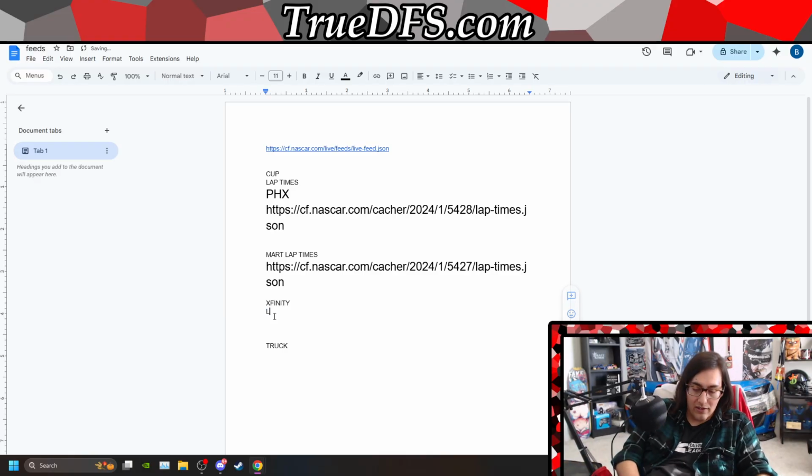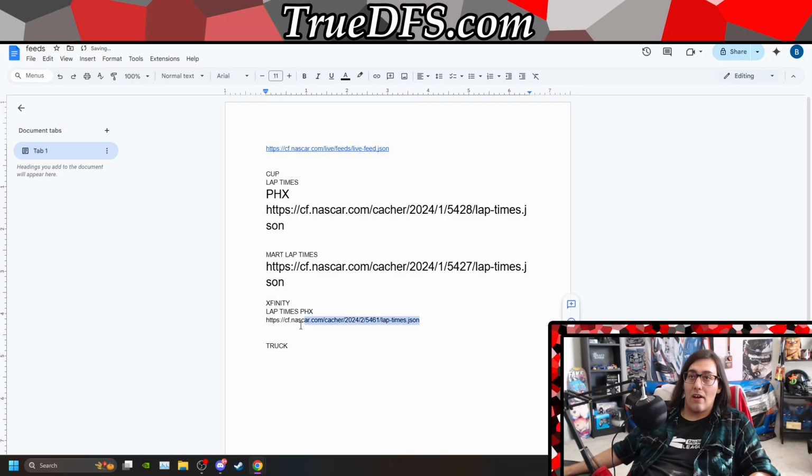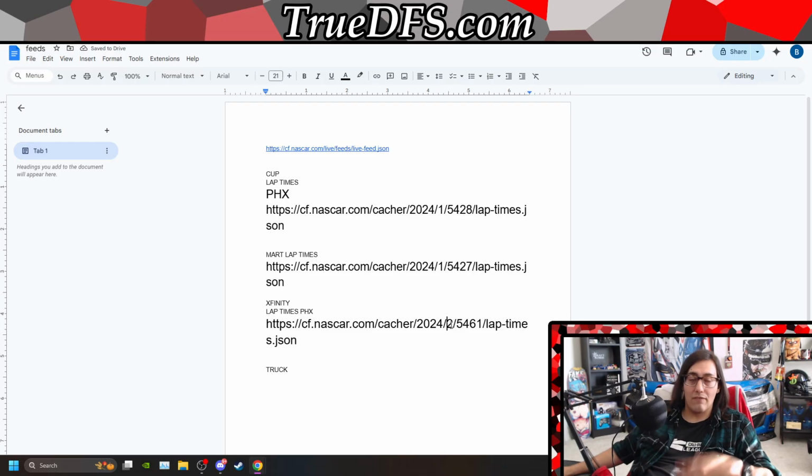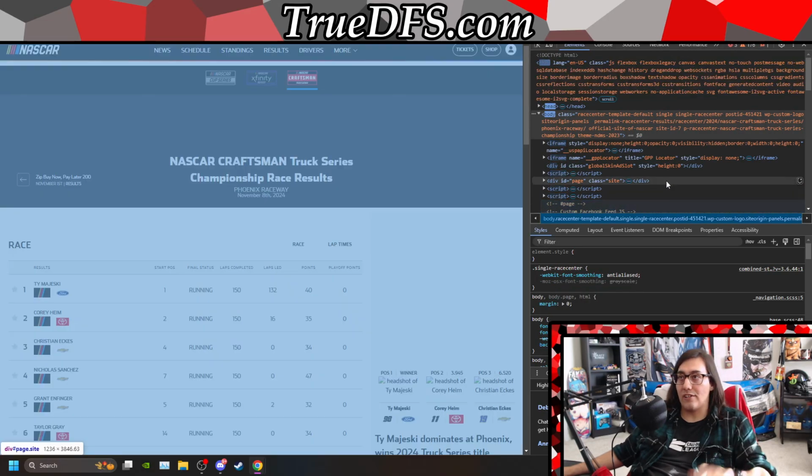This is lap times Phoenix, and the thing that has changed, maybe you haven't pulled this in a while, is that we no longer have the B for Busch Series. We just have 2, so the series is 2, the event for the Xfinity Series is this event, and this is Phoenix. Then the race for the Truck Series, the only thing that changes on these is